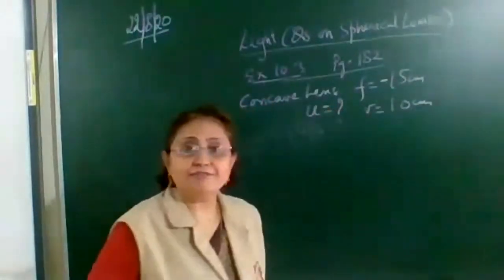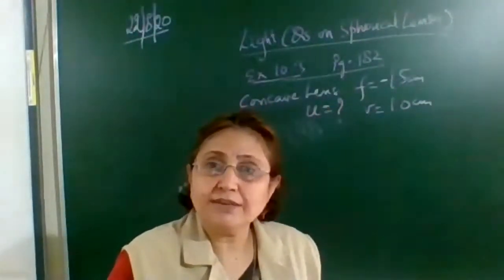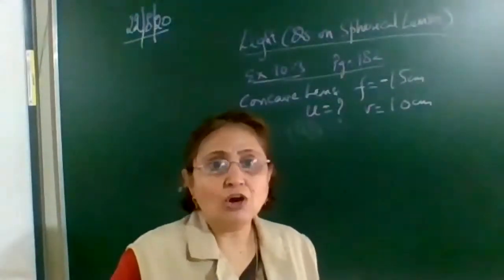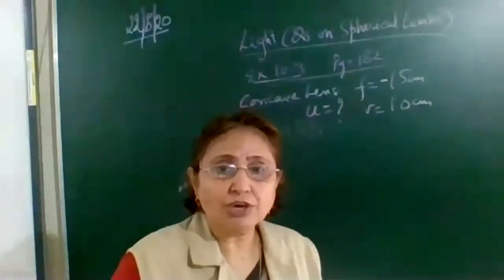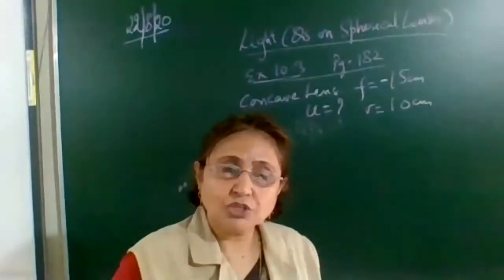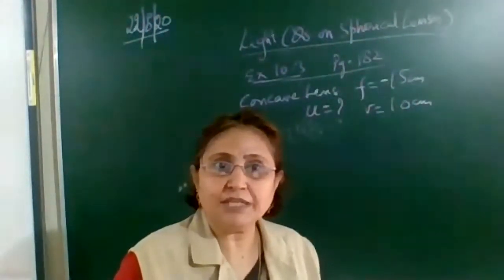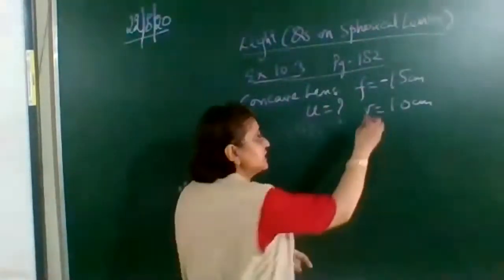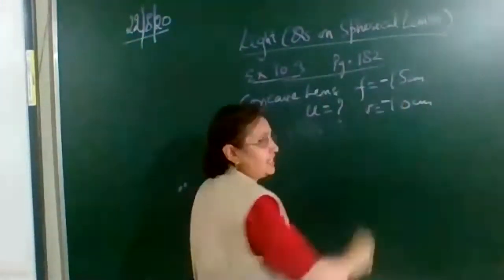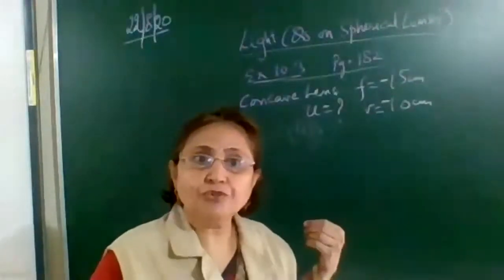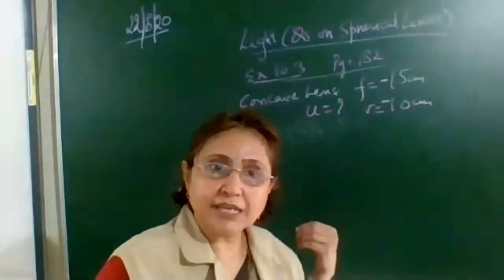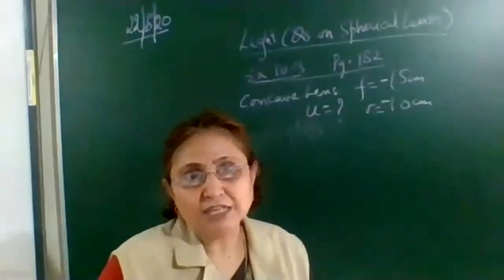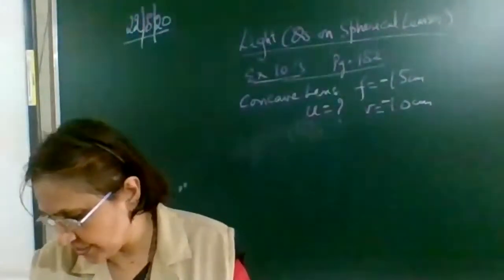Now it is a concave lens. In case of a concave lens, we know that the image is always formed where the object is placed, to the left of the lens. So the image is also formed to the left of the lens. All these things you should know. So V distance will be minus 10 centimeter. Why? Because we are moving from the optical center to the left, that is opposite to the direction of the incident light.